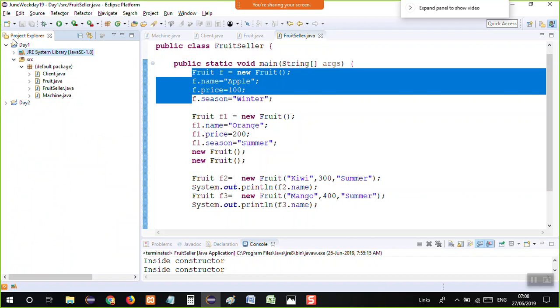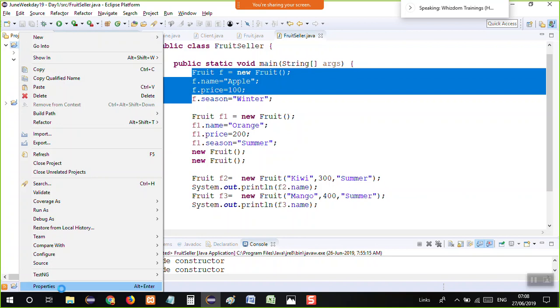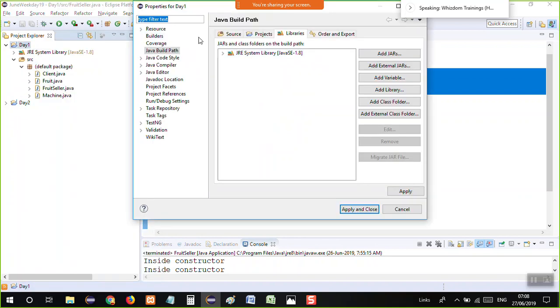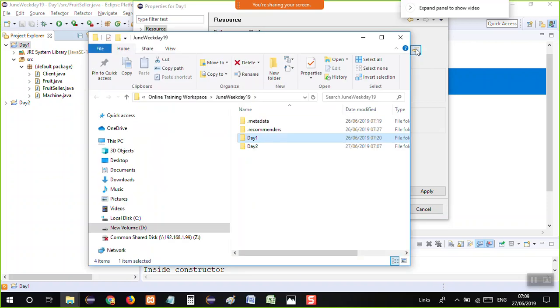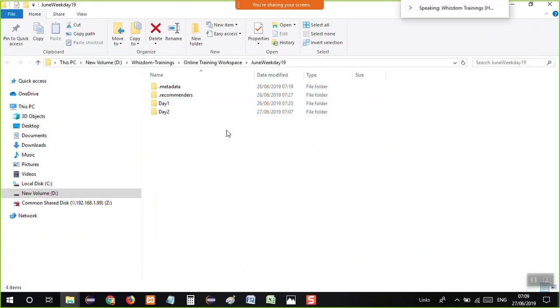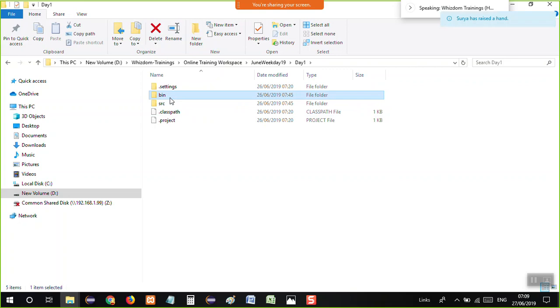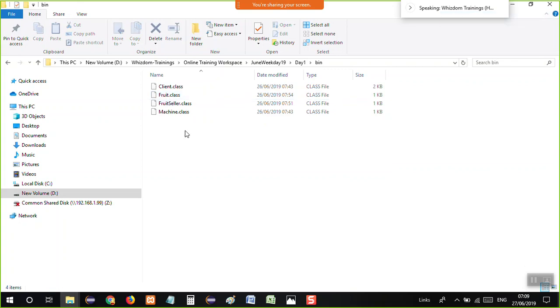Look, if you go to the location of this project, go to the properties and click on resource. Under resource, you will see the path where this project is lying. You open this, and you will see day 1 and day 2 folder. In day 1 you see the bin folder, and under the bin folder you will have